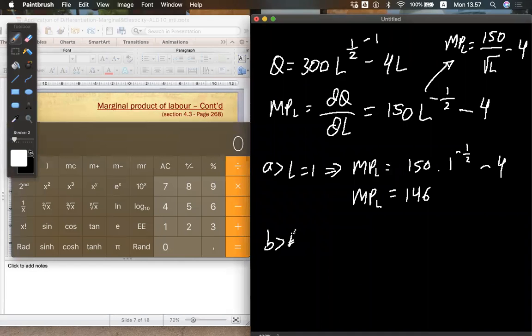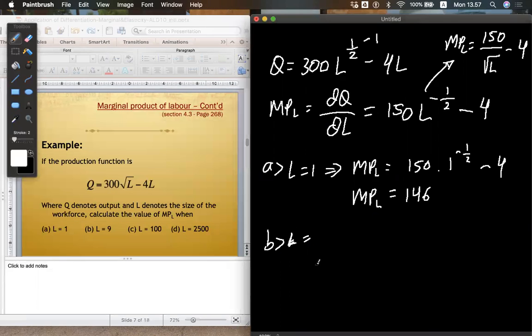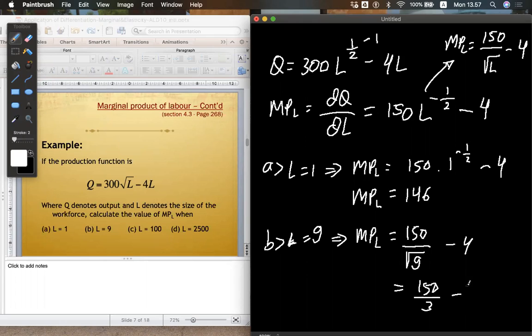If the B L equals 9, then the MPL equals 150. You can use this, or we can also use this formula, minus 4. 100 divided by 3 minus 4. 100 divided by 3 is 50, minus 4. It becomes